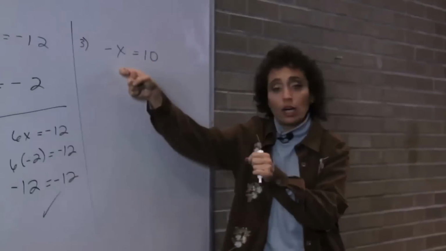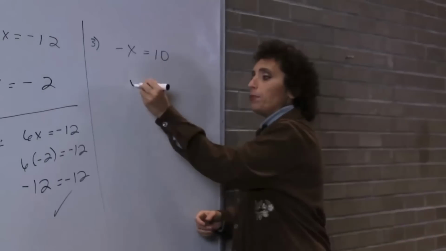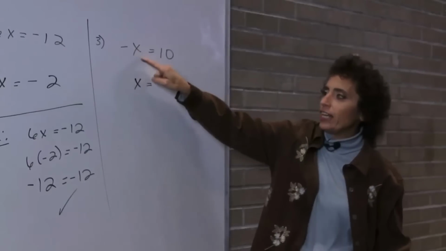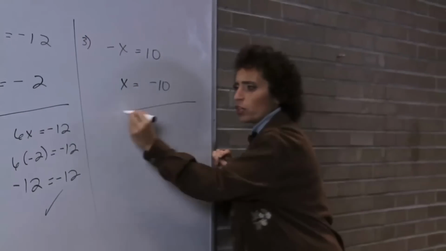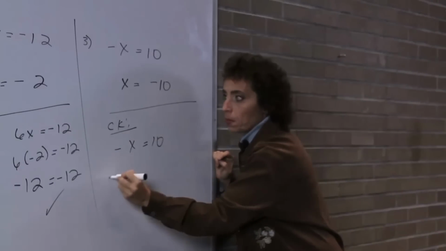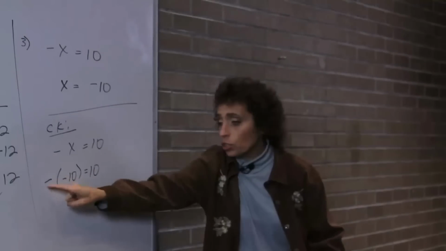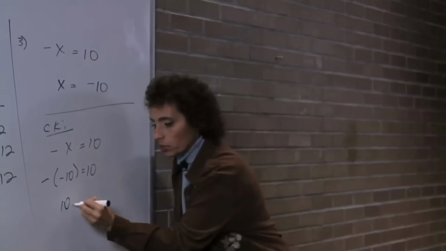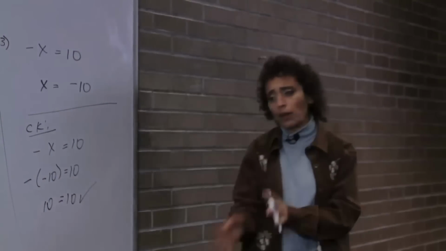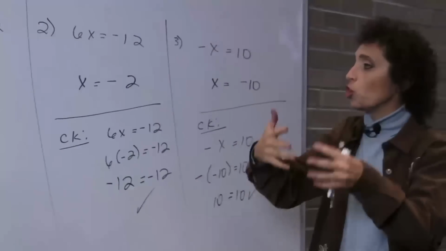Let's look at this one. This says the opposite of a number equals 10. So the opposite of what number is 10? Well, the opposite of negative 10 is 10, because this would be negative negative 10, which would be 10. Let me check this one just really quick because it's bothering me that I didn't pick this one to check. Remember, x is negative 10. Two negative signs become positive. So it does check. Okay, so that's how you do it mentally, but it's not always a good idea to do these mentally because sometimes they're going to be bigger numbers. So let's take a look at some that we want you to, just to show you how to solve.